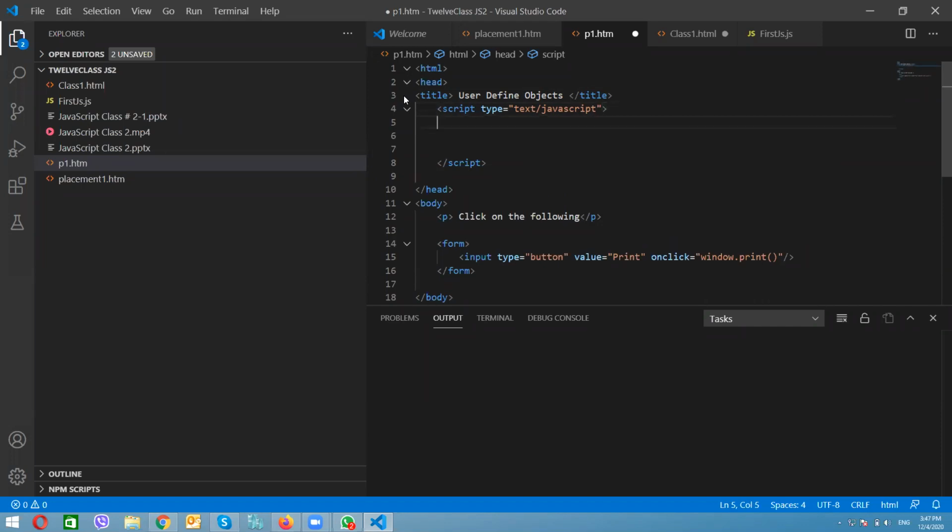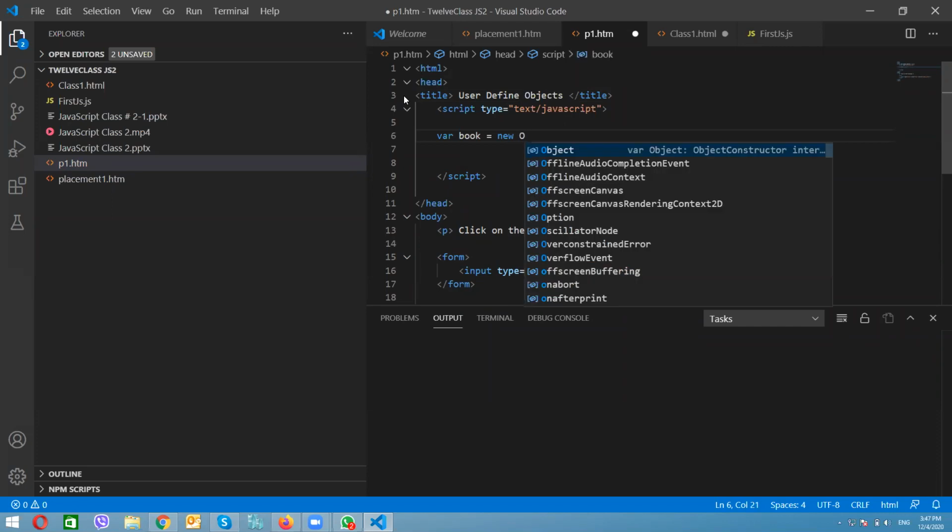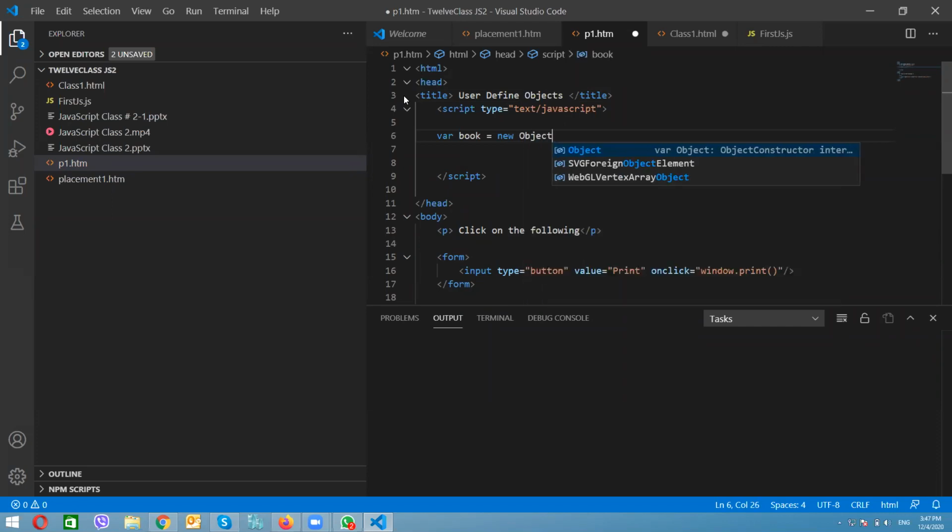I'm creating one variable. The variable name is book, and it is a new object. Why do we use the word new? Because we are creating a user defined object, meaning you are creating an object that is defined by you.